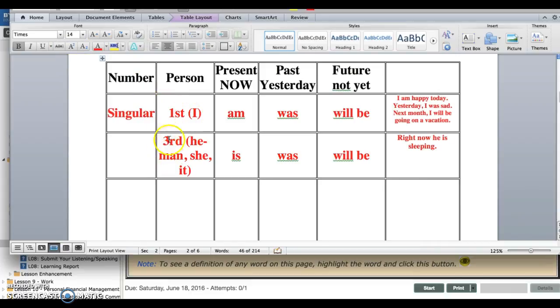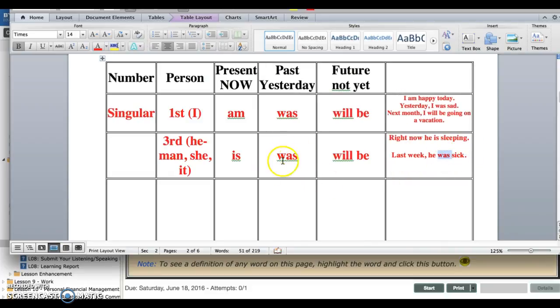If I'm still talking about him, I'm still in third person talking about another person, I would say maybe a sentence from something from the past. Yesterday or last week. That means the week before this week. Last week, he was sick. So I'm using was as my verb. Okay? And it's not he is sick, because that means it's happening right now. It was last week. It's already over. He's better now. So I could even say right now, or today, we'll say today because that's present. Today, he is, using the is as the verb because it's present tense, he is better.